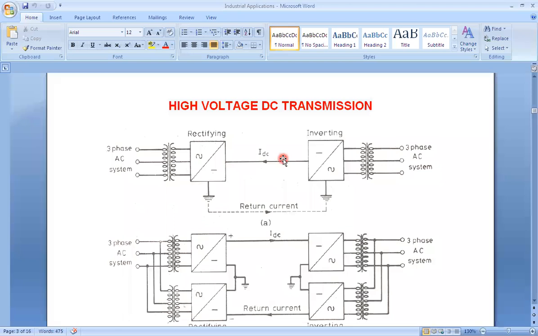So we generally use AC supply through three-phase AC supply system. But the transmission of the power for longer distance through high voltage AC system is very costly. So for bulk power transmission over a longer distance, we generally prefer HVDC transmission line. There are some advantages of HVDC transmission line over AC transmission system.